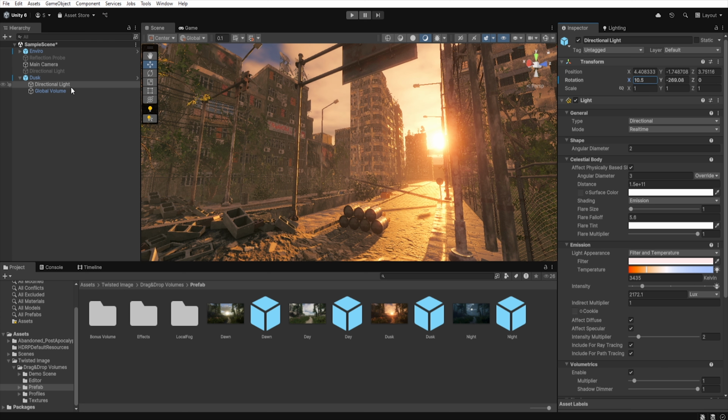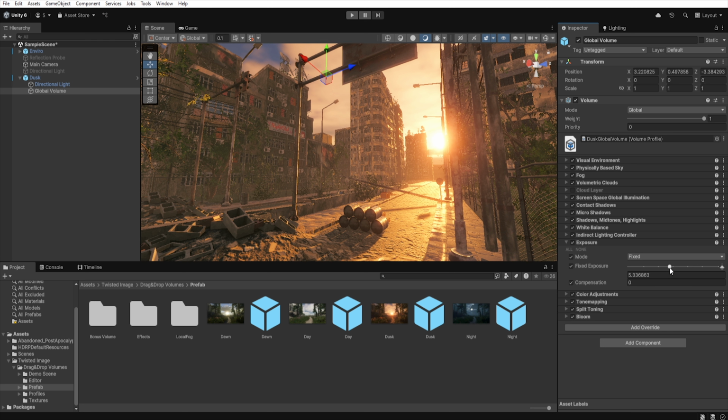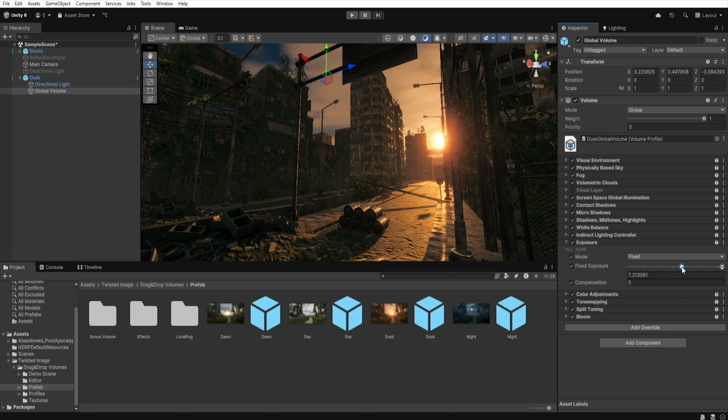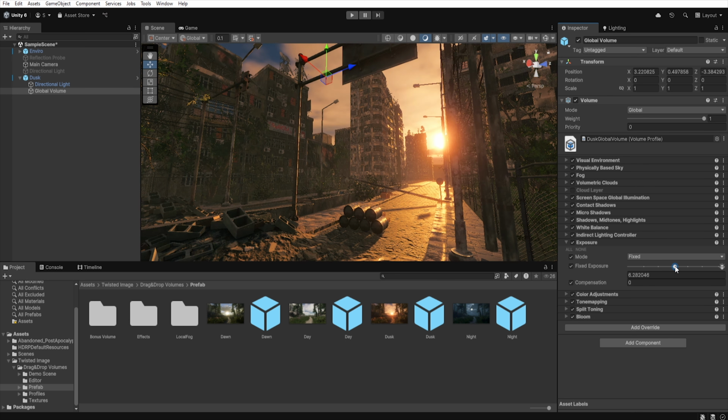To do this, go to the global volume and find the exposure. Using it, you can adjust the brightness of the scene. We will also use these options if, from the start, our scene is too bright, for example, when we create